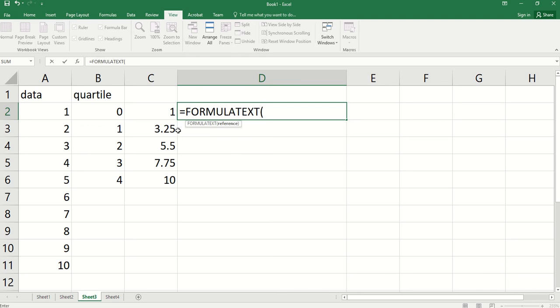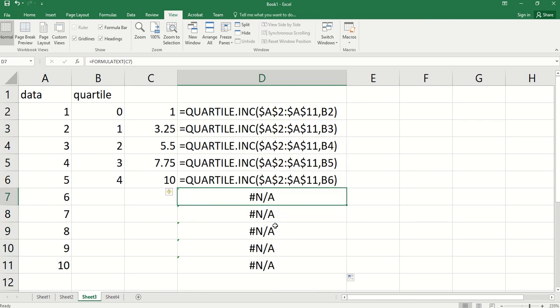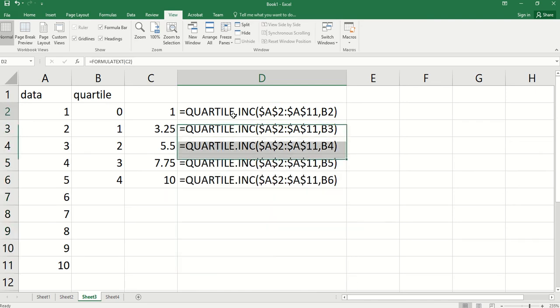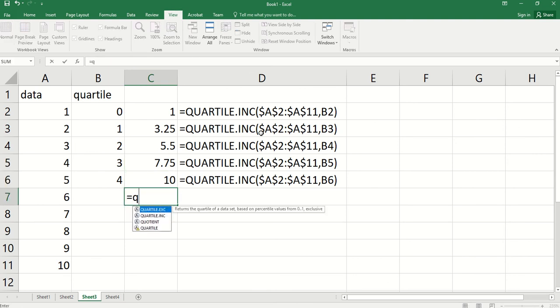Formula text to show formula. So here we have found the minimum, the first quartile, the median, the third quartile, and the maximum. We can also use quartile exclusive.